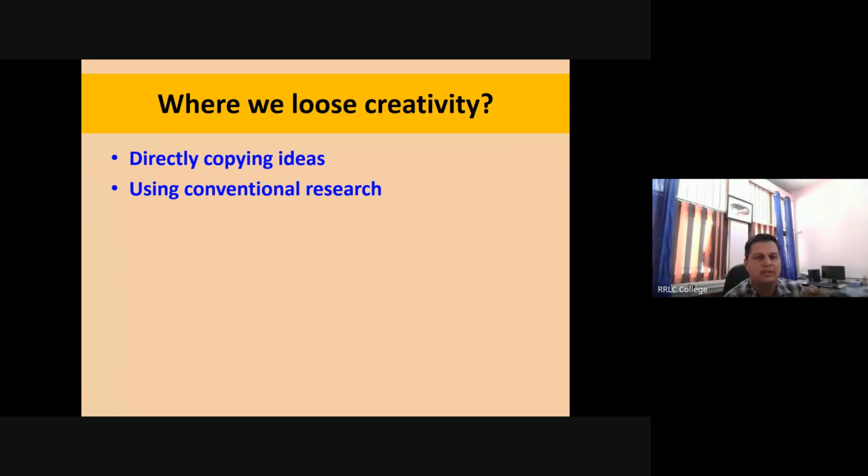Second is using conventional research. सालों से जो मेथड सेट है उसका ही रिपीटेड यूज करना, that is also a loss of creativity, right? If you are working on heavy metal contamination somewhere or heavy metal identification, the conventional method is using atomic absorption spectrophotometer, AAS, right?